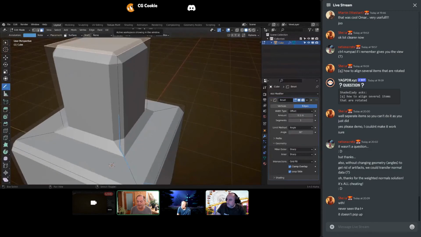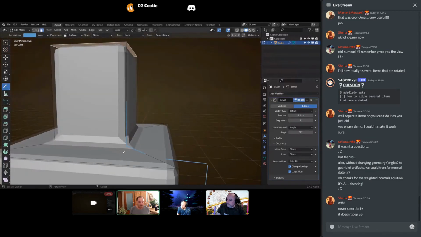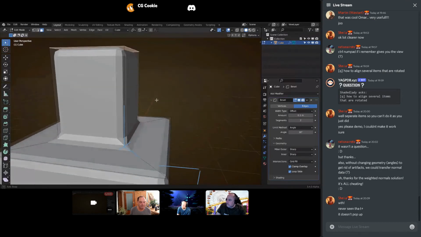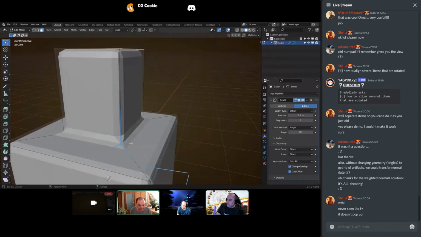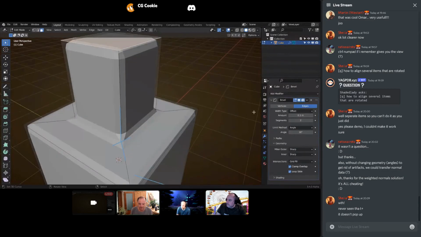And if I now set this to 2 segments, here we have the outer miter because it's larger than 180. Let's get rid of the stupid annotations I don't need. So here's the outer miter, and if we look at this, you can see this is called sharp, and it means